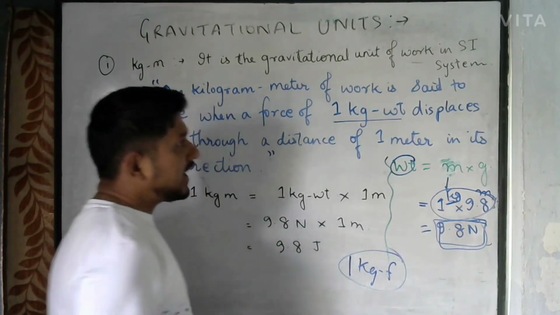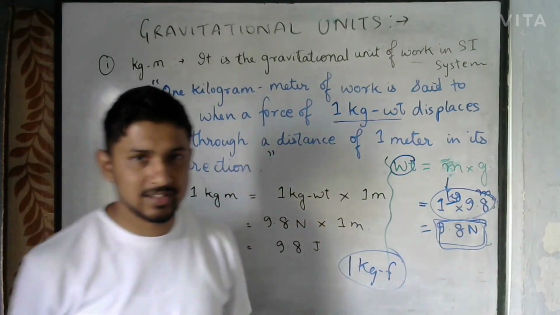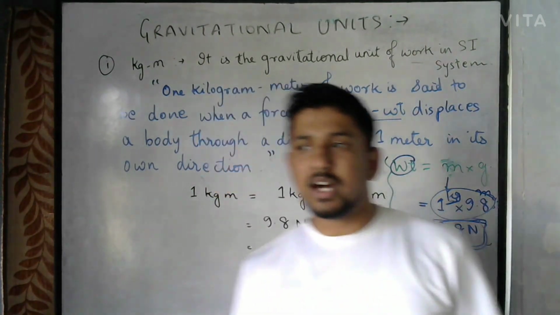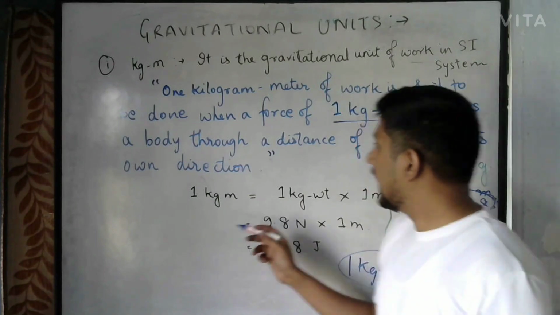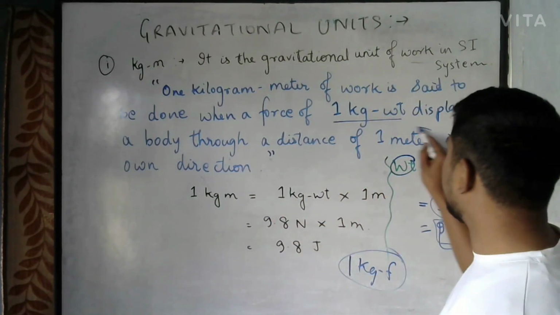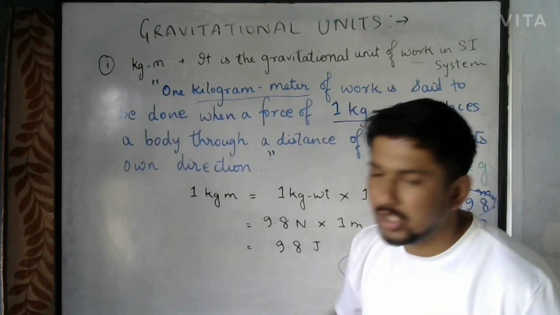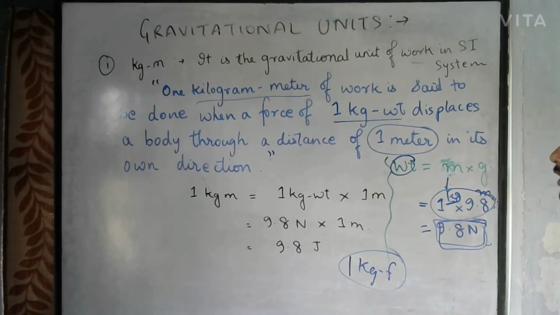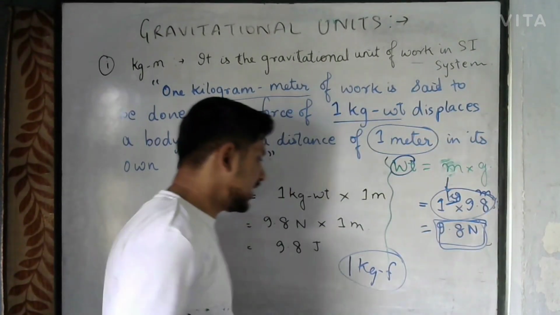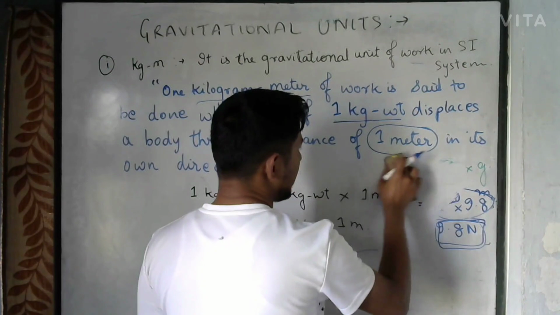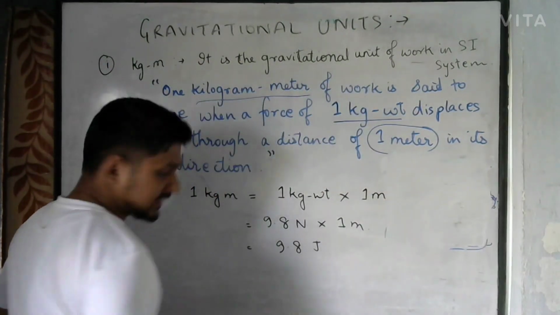When I apply a force of 1 kg weight, that means when the earth, since it is about gravitation, is pulling you with a force of 1 kg weight or 1 kg force and displaces it through a distance of 1 meter, that very unit is known as 1 kilogram meter. Okay, now let's come to the units. Now let's come to how it is related with this one. It's a very simple one. If I come to this, look, 1 kg